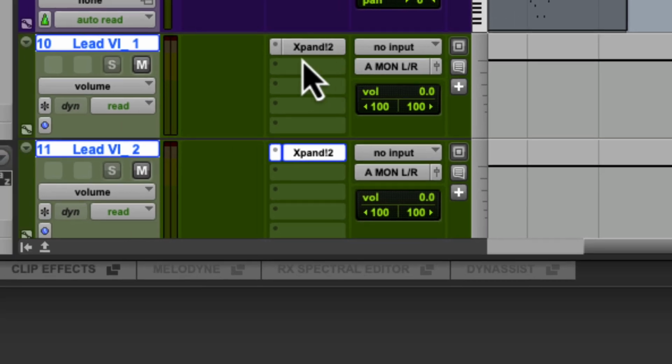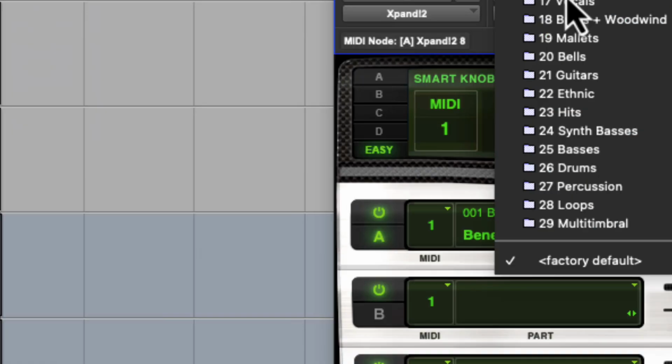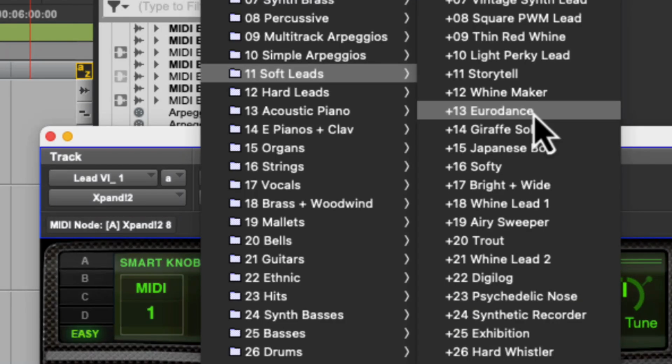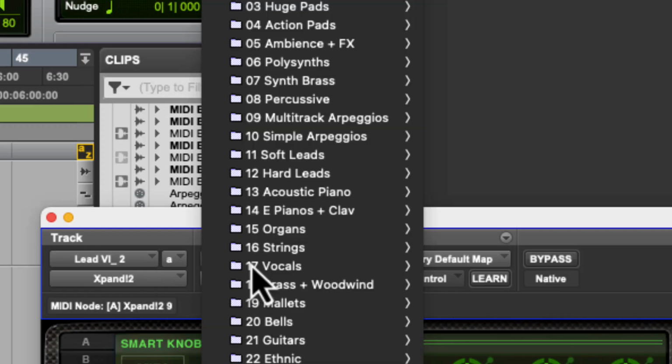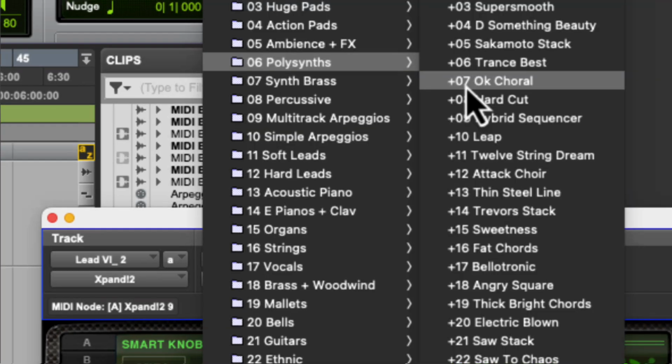And on this first one, on lead 6_1, I'm going to go to my librarian, go to category 11, soft leads, and then to plugin preset +13, endurance. Then on the track lead 6_2, I want to go to preset category number 6, polysynths, and preset number +7,